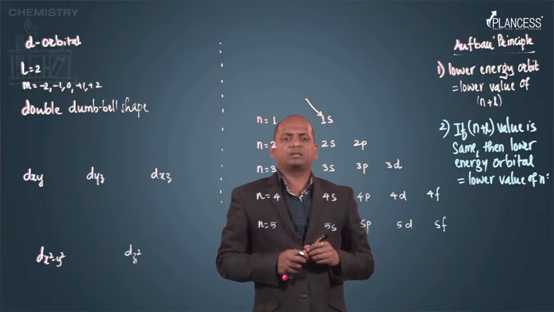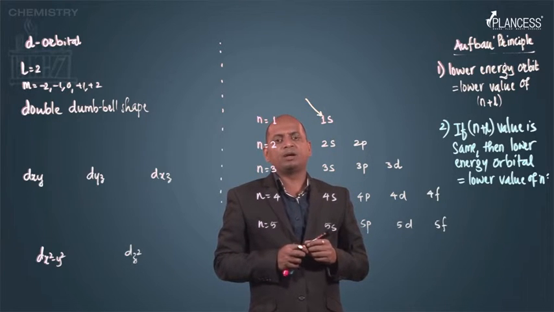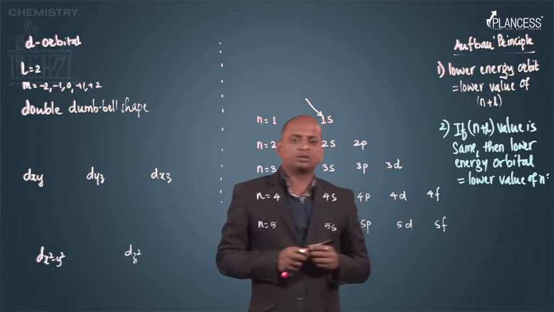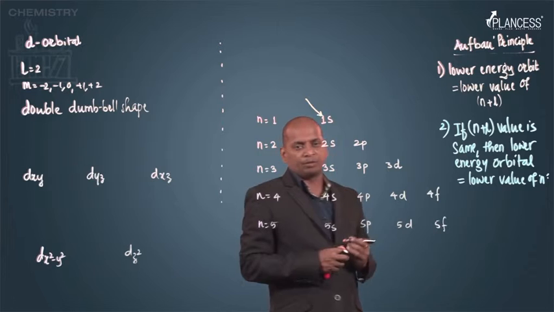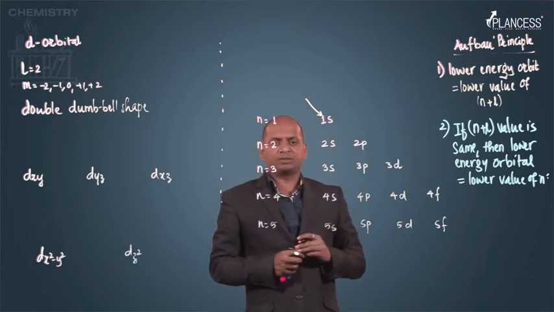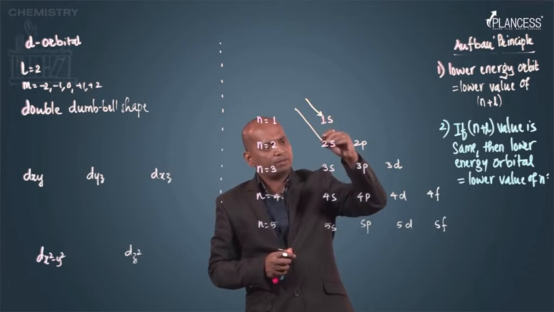Once 1s is filled, how many maximum electrons do we require, and what must be the orientation of those electrons? All that we'll see later on. First of all, once the 1s orbital is filled, it goes to the next lower value, that is 2s,